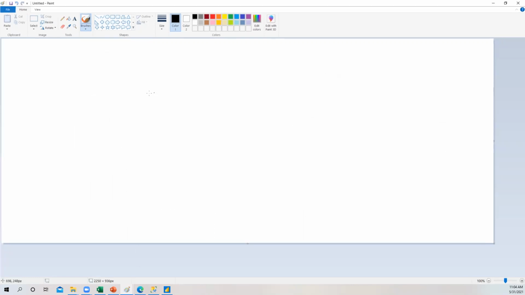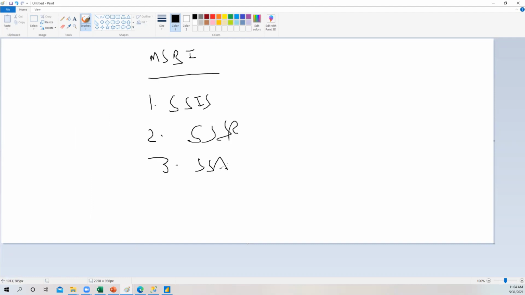Guys, previously there was, and still is, MSBI, Microsoft BI. In that there are three tools, guys. SSIS is an ETL tool, SSRS is a reporting tool, and SSAS is a self-service reporting tool.